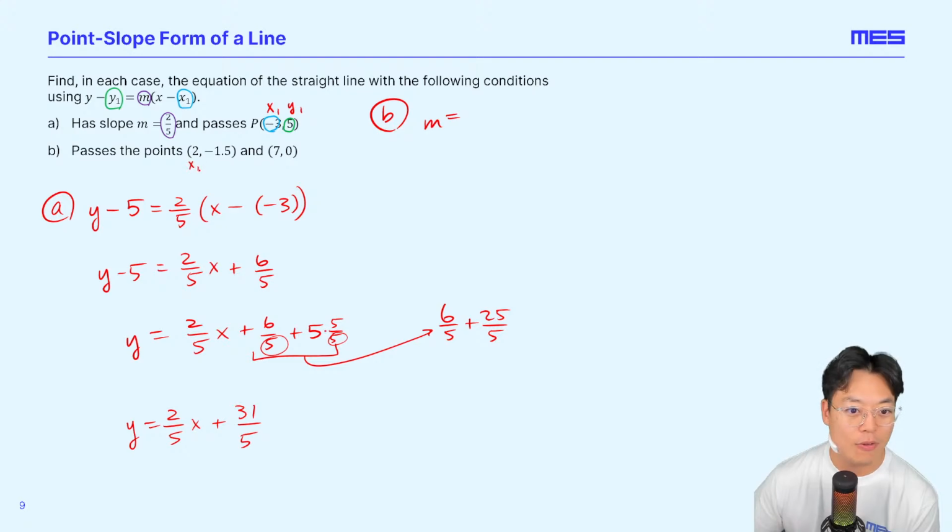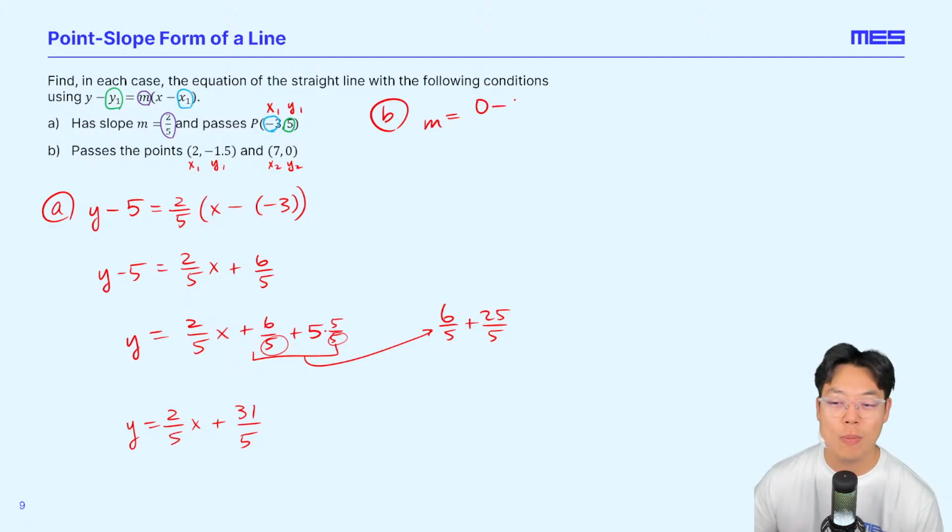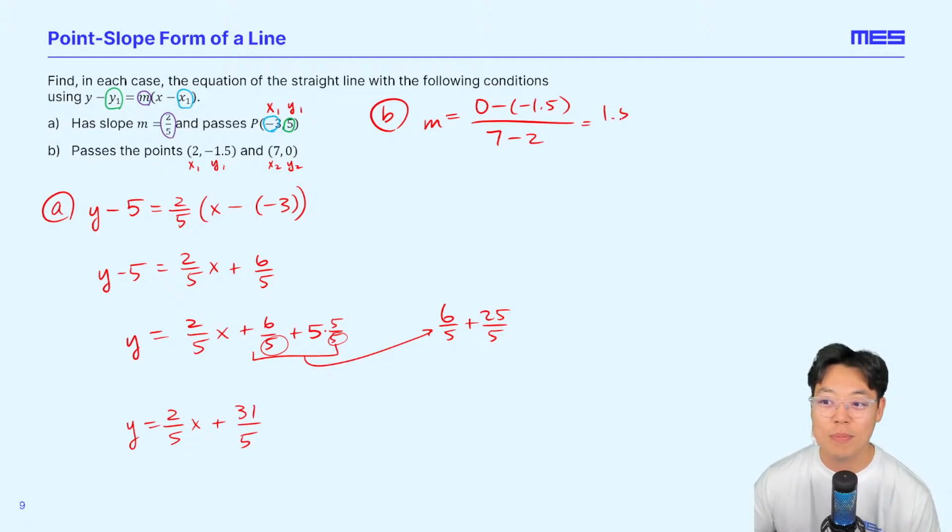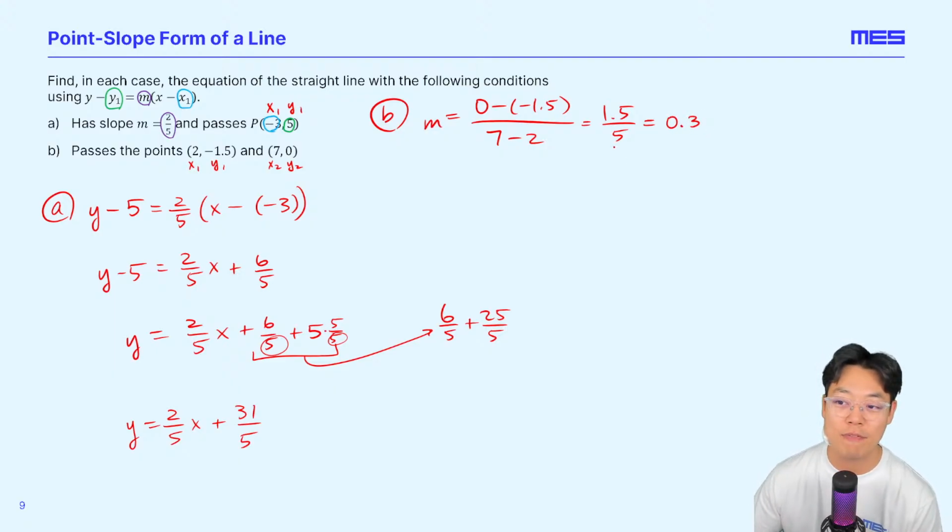And for now, let's identify each of these as x sub 1, y sub 1, x sub 2, y sub 2, and plug in. 0 minus a negative 1.5 all over 7 minus 2. That gives me 1.5 over 5, and I know that will be 0.3. 1.5 divided by 5, well, 15 divided by 5 is 3, but since this is not 15, it's just 1.5,